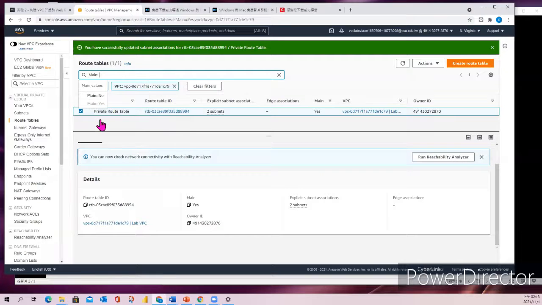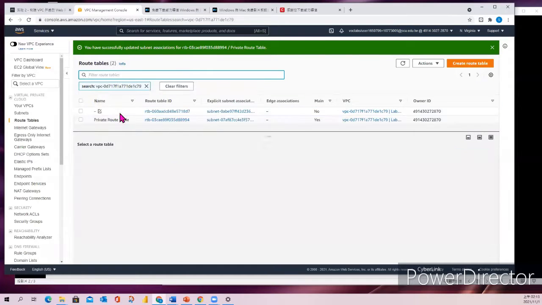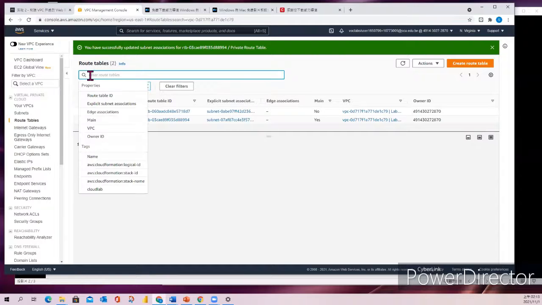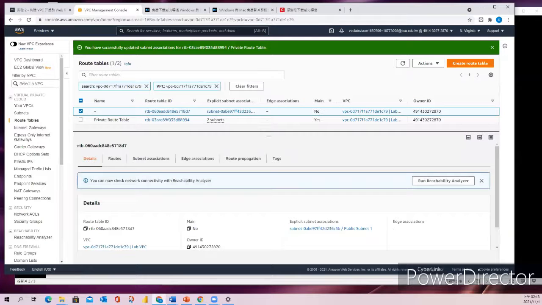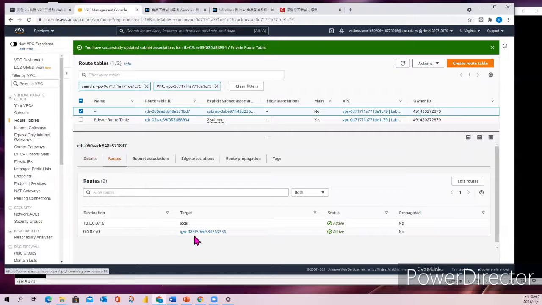And then the VPC is ours, VPC Lab VPC. C79. We can find it here, C79 here, and click it. This is the layout. Internet gateway here. So